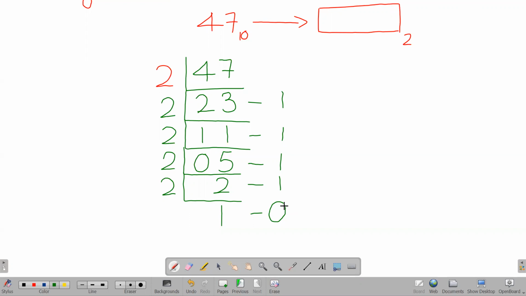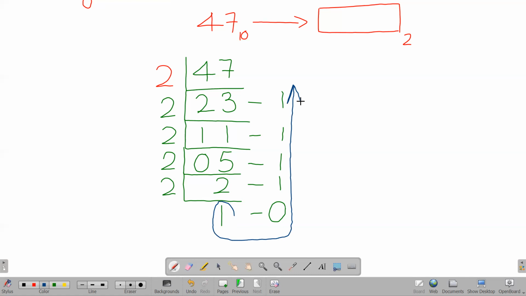Everyone, are you getting this up to the point? Okay. So now we stop the division, right? Why are we stopping this? It is because we have received something less than 2 over here. So we stop it. Then we start from the place that we have stopped, and we consider the remainders with that from bottom to top,